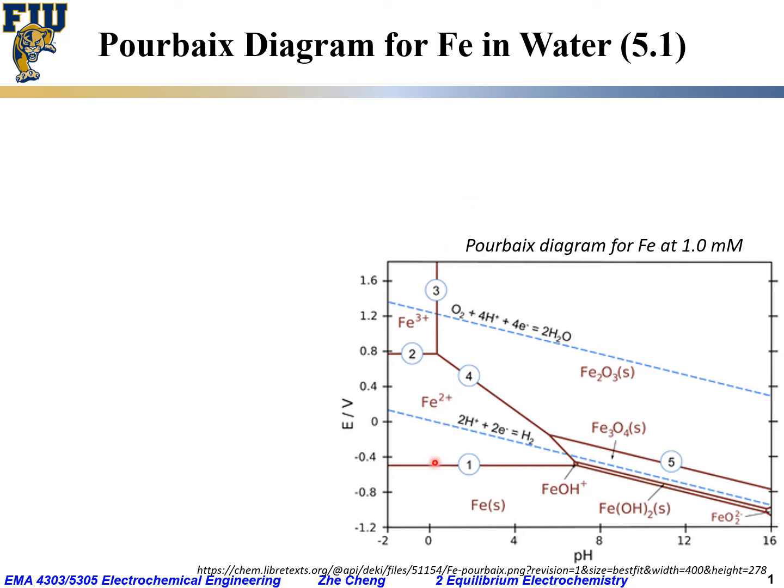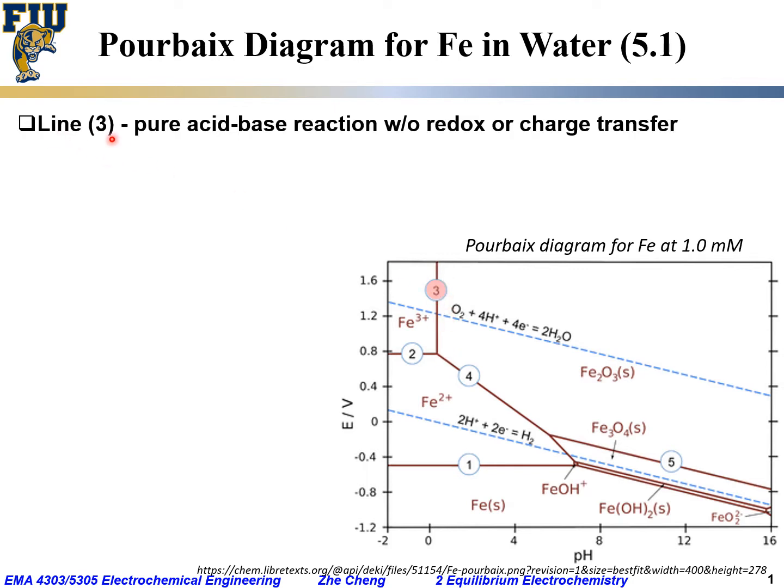So previously we have looked at the Pourbaix diagram. We have looked at some special lines, such as the sloped dashed line for hydrogen evolution and the sloped dashed line for oxygen reduction. We also looked at the horizontal line for redox reactions that do not involve protons or hydroxyl groups. Now let's look at a line like this, line 3, this vertical line that represents